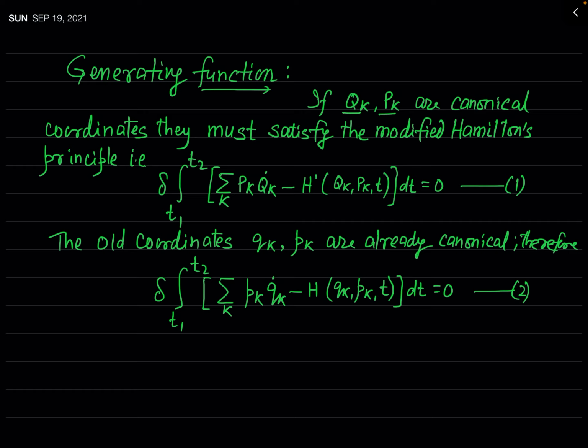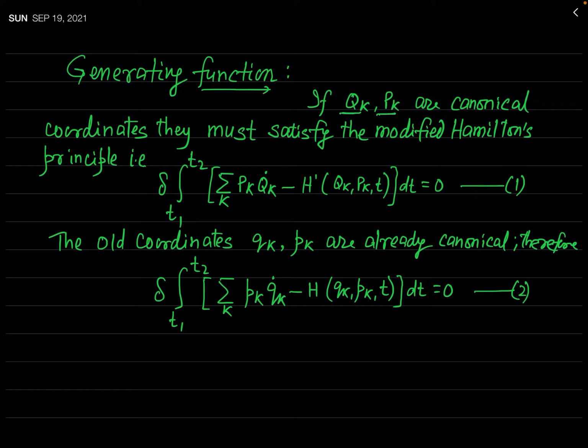And you know the form of modified Hamilton's principle because you have already studied it in the previous lectures. So if capital QK and capital PK, the new position coordinate and the new momentum coordinate, are canonical variables or canonical coordinates, then they must satisfy this modified Hamilton's principle, which